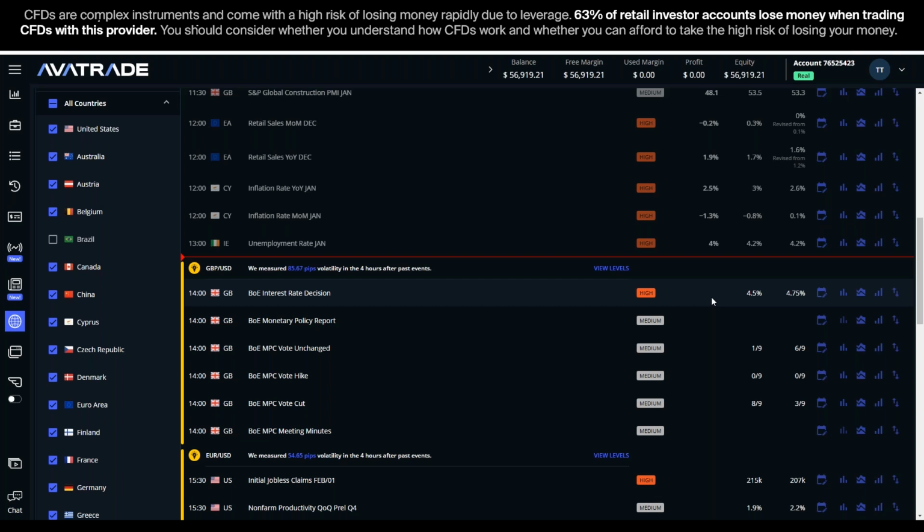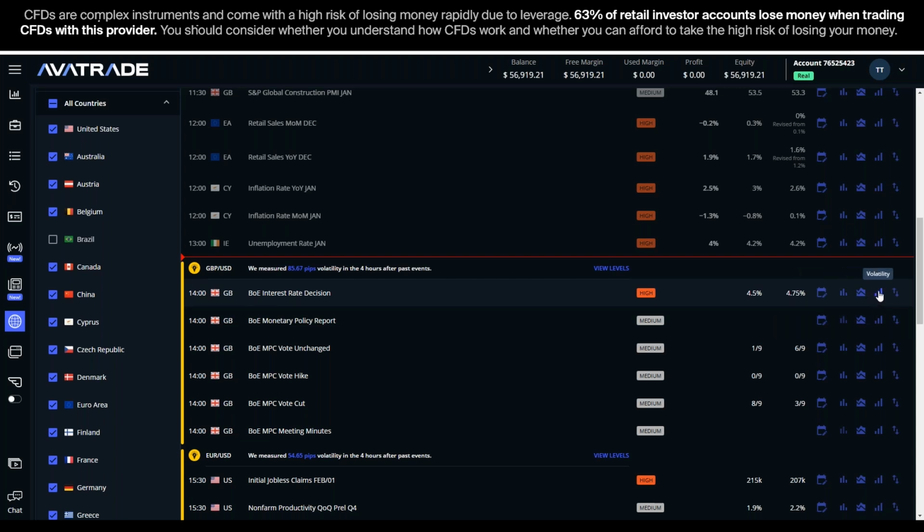strengthening effect on the pound in the hours following that. If it comes in lower than expected at 4.25, for example, probably that would have a weakening effect on the pound, okay? And so that's, in a general sense, what you would expect with an interest rate decision. And if it comes in at 4.5%, which is usually how they come in at the expected rate, usually they're pretty solid with these predictions, then the movements tend to just kind of go up and down, and they're not so predictable. And I can show you that as a matter of fact.